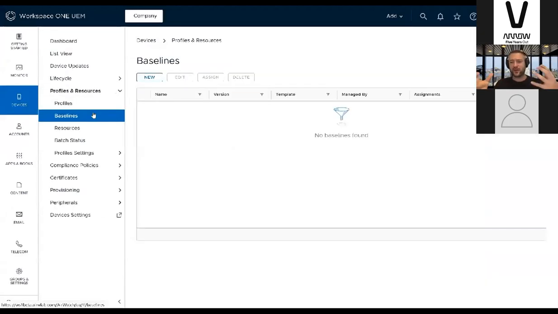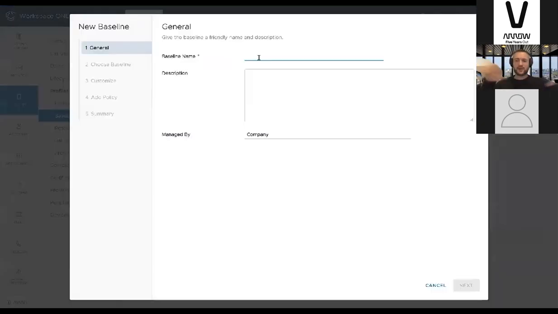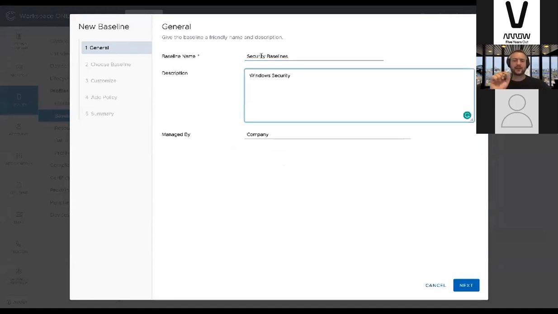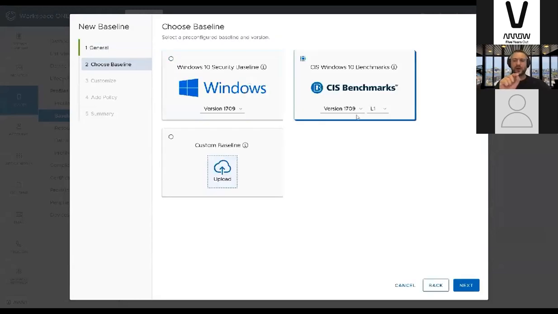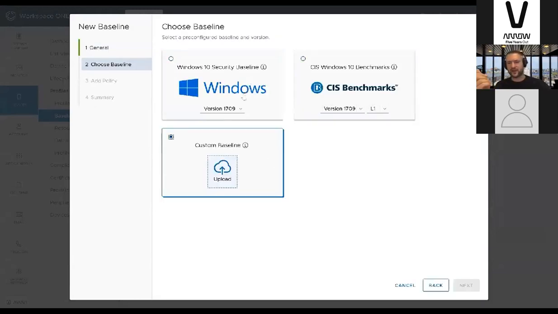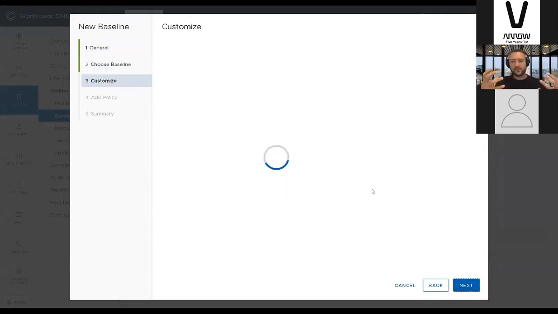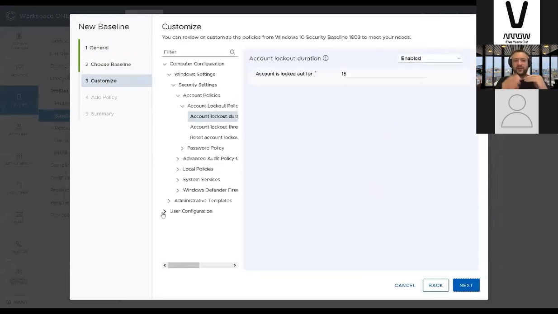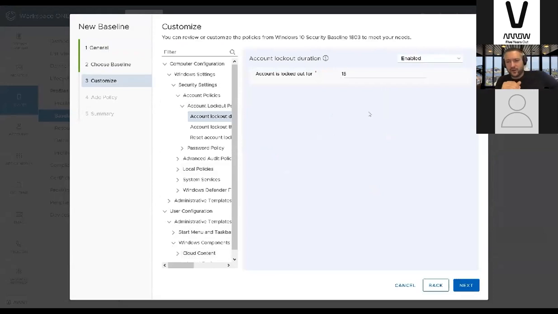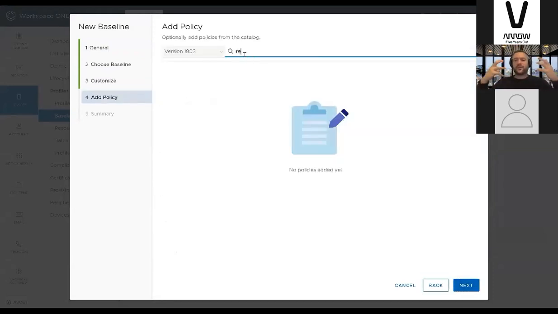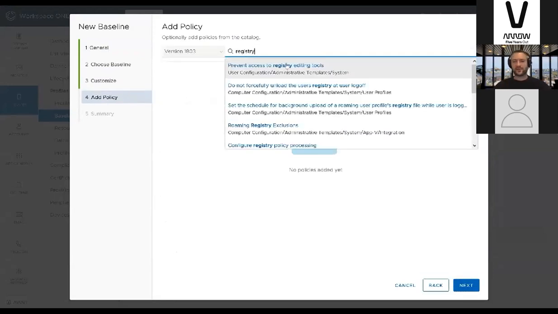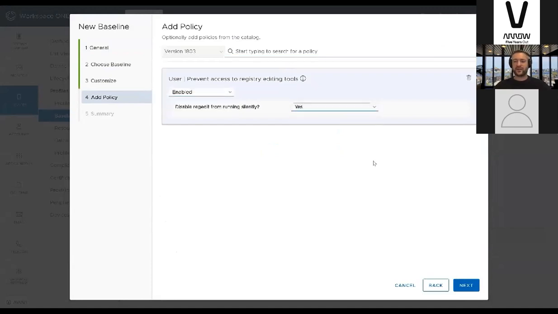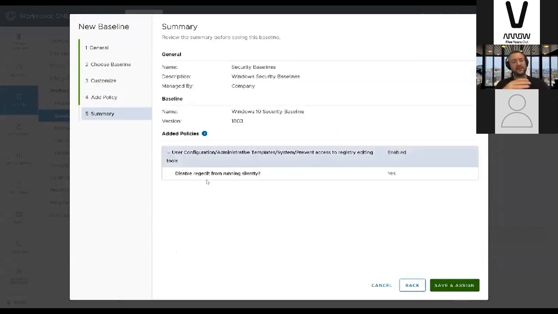So in this case, to create a baseline, you simply go into Workspace ONE, that unified console. You click on new baseline, you give it a name, and you can even select what type of baseline you want this to be, whether this is from Windows, the updated Windows feed, or CIS benchmarks, or create a custom baseline for these devices. You can then go in, you can make any changes to this that you want to based on your own or the corporate security baselines. You can go in there, you can change it, and then you can assign this baseline to different subsets of